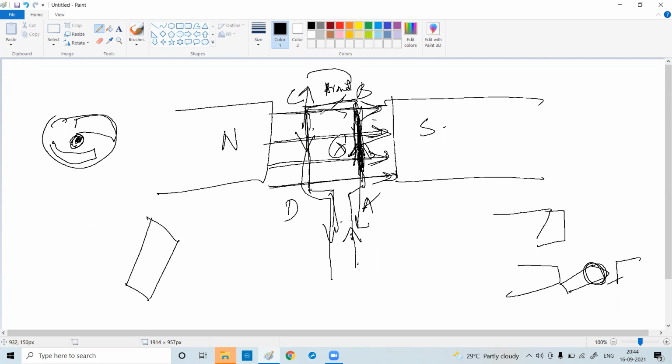Currently AB is upward. When it rotates, then what does it become? It becomes BA. So this will keep on rotating, and this works on the principle of what? Fleming's left-hand rule. On this side the force is acting in the downward direction, and on this side the force is acting in the upward direction, and it's a torque. That's how it is rotating.